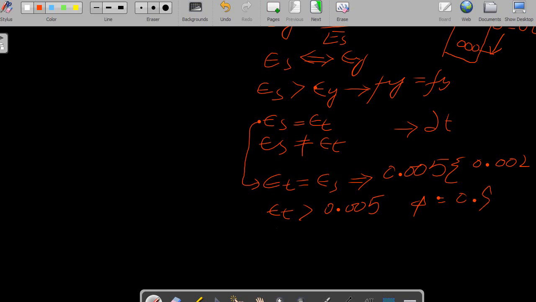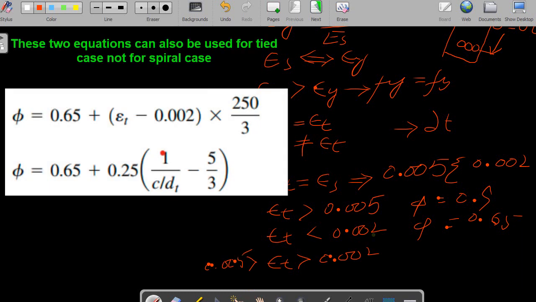If epsilon t is less than 0.002, then the phi value will be 0.65. And if it is in between these two values, greater than 0.002 but less than 0.005, then we have to calculate the phi value,